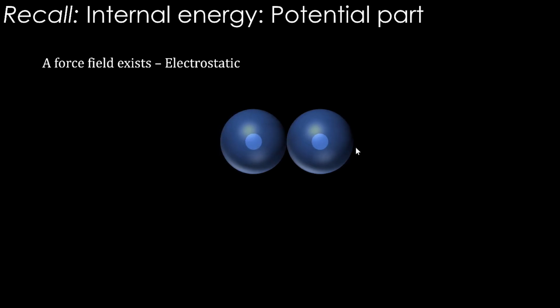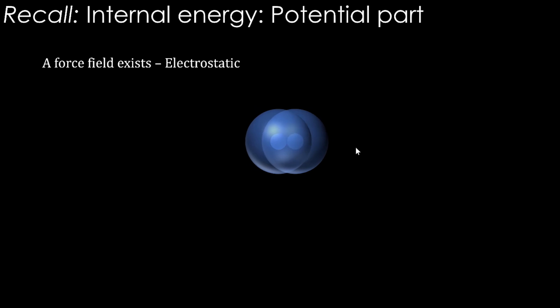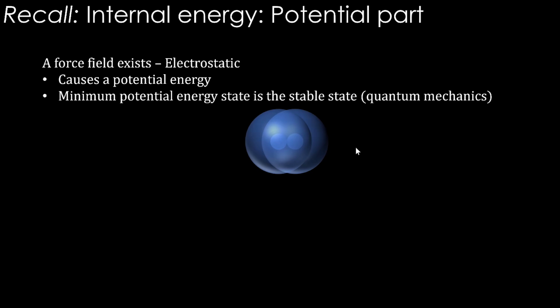And if we bring another atom with such a force field, both have this electrostatic force field, and if they come together at a particular distance, there is some kind of potential energy, and the potential energy gets minimized as they come to some kind of a sweet spot distance. So this causes a potential energy, and the minimum potential energy state is the stable state. In quantum mechanics, this is what it is, and this is possibly a very crude picture of what is happening when we do quantum mechanics and solve Schrodinger wave equations and things like that. Basically what we get is this minimum potential energy where atoms will be stable.